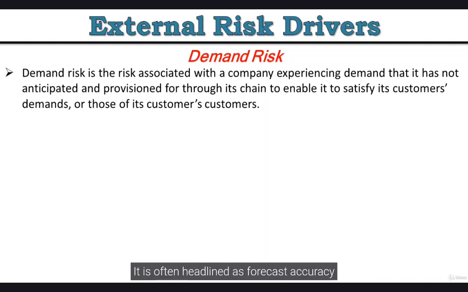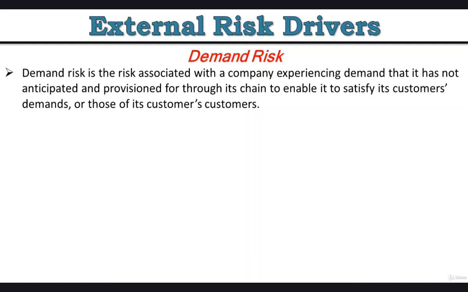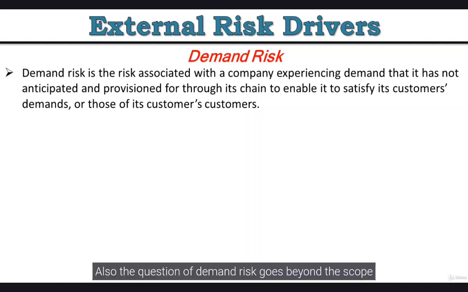It is often headlined as forecast accuracy and the bullwhip effect, but this is not strictly correct, since true demand risk is about unpredictable events that are outside the tolerance of the company's supply chain to accommodate. Also, the question of demand risk goes beyond the scope of demand volatility to include, for example, the whole area of new product introductions. This has been widely researched and evaluated, as it is a special area of significant demand